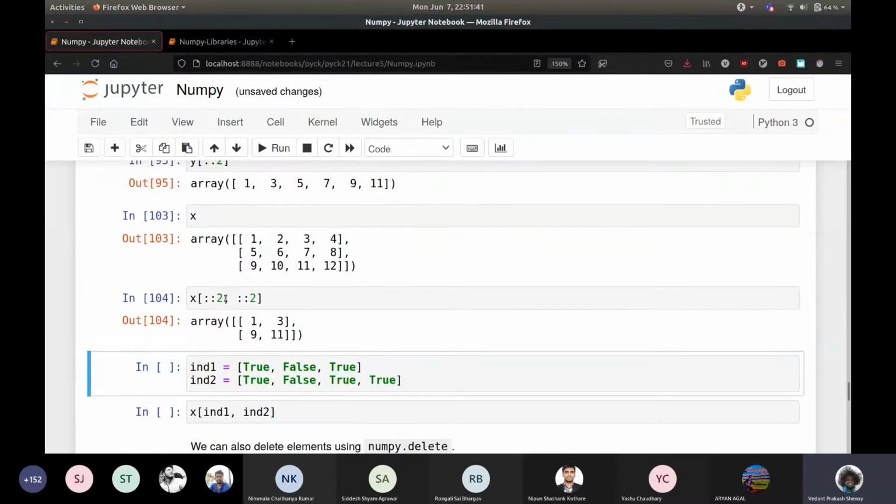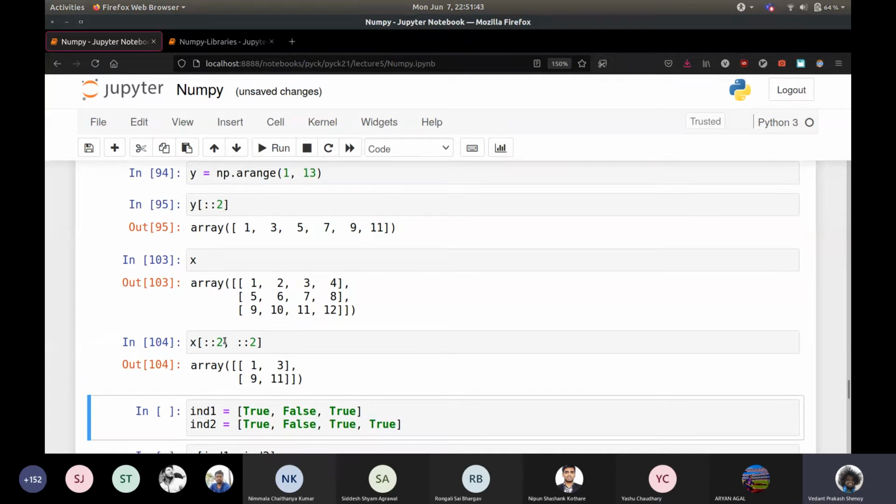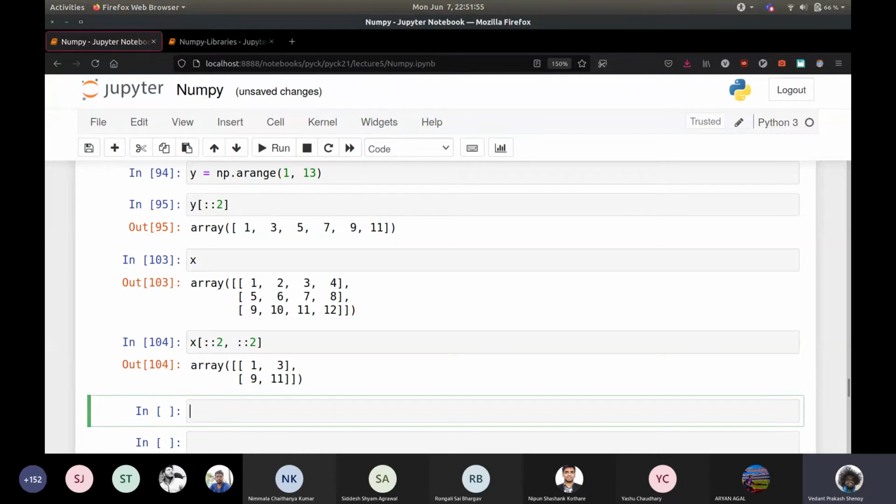Given that we can use integers and we can also use slices separated by a comma, you would be tempted into thinking that we can use a list of integers, because that's the first thing that we found out about NumPy arrays being different from lists, right?